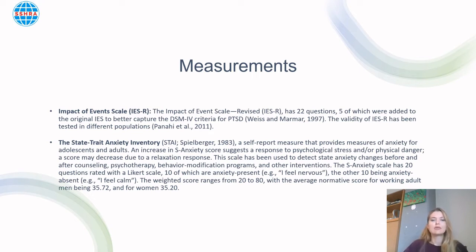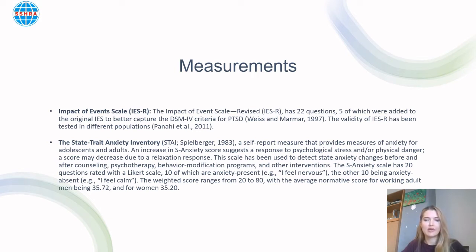The second one was the State-Trait Anxiety Inventory. It's a self-report measure that provides measures of anxiety for adolescents and adults. It proved to be quite a reliable inventory. It has been used since 1983. And the scale is also used to detect state anxiety changes before and after counseling, in this case before and after